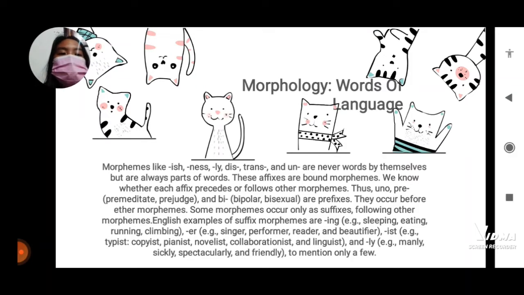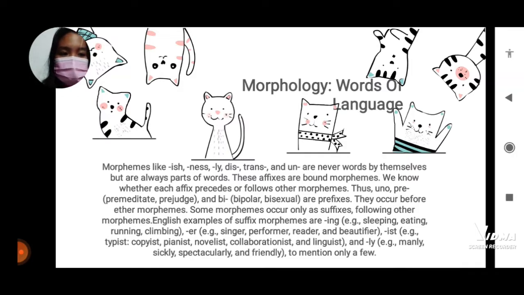Thus, un-, pre-, for example premeditate or prejudge, and bi-, for example bipolar and bisexual, are prefixes. They occur before other morphemes. Some morphemes occur only as suffixes, following other morphemes. English examples of suffix morphemes are -ing, for example sleeping, eating, running, climbing, and -er that has the